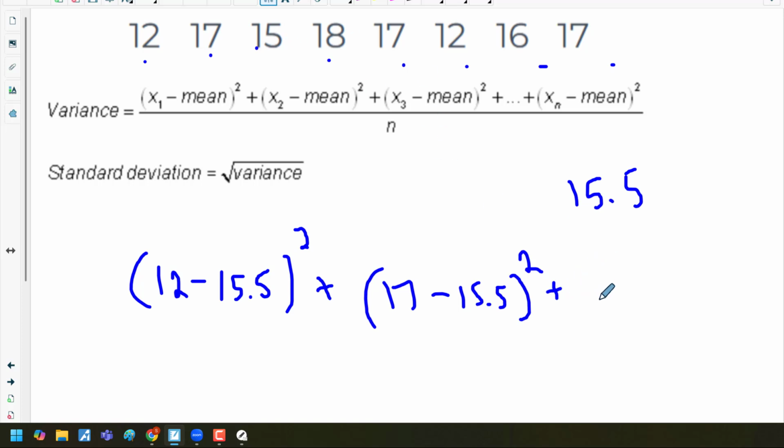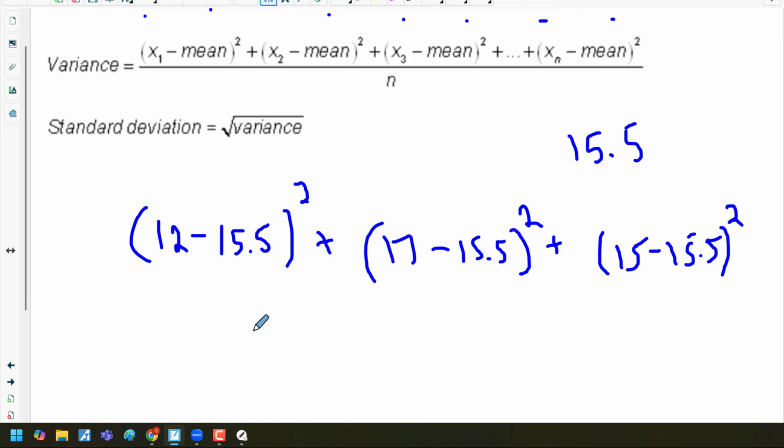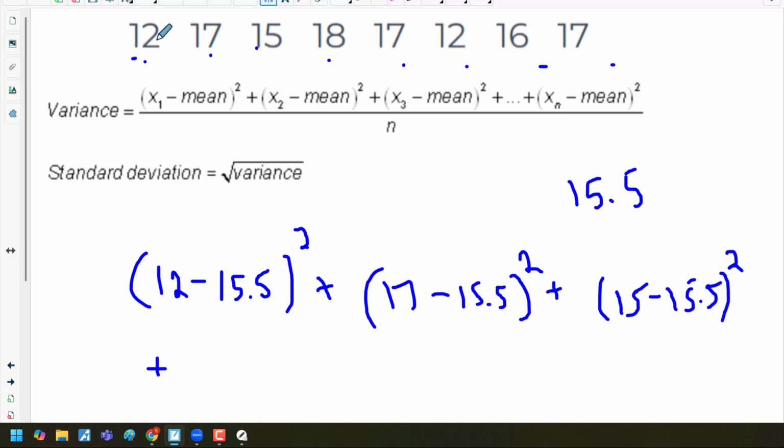Third number, 15. 15 minus 15.5. Square it, plus, what's the fourth number? 1, 2, 3, 4. 18 minus 15.5, and then you square it,